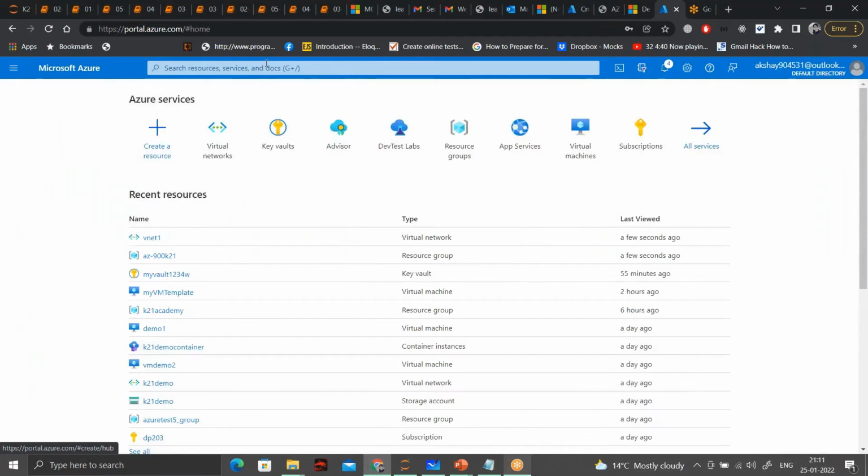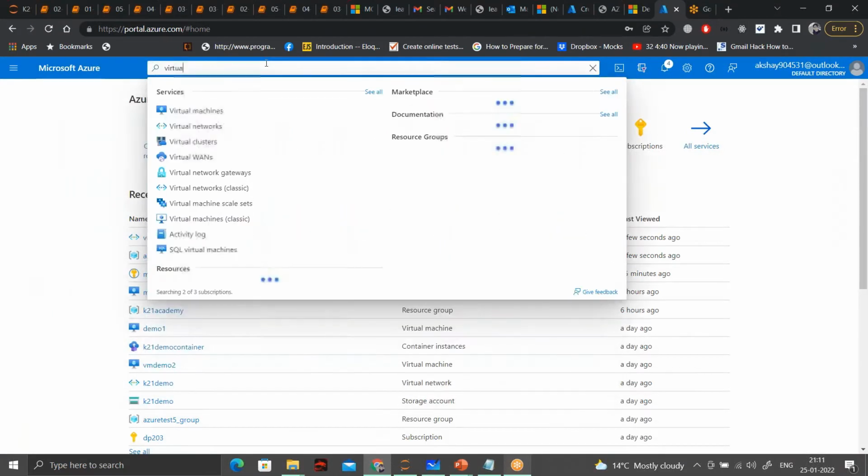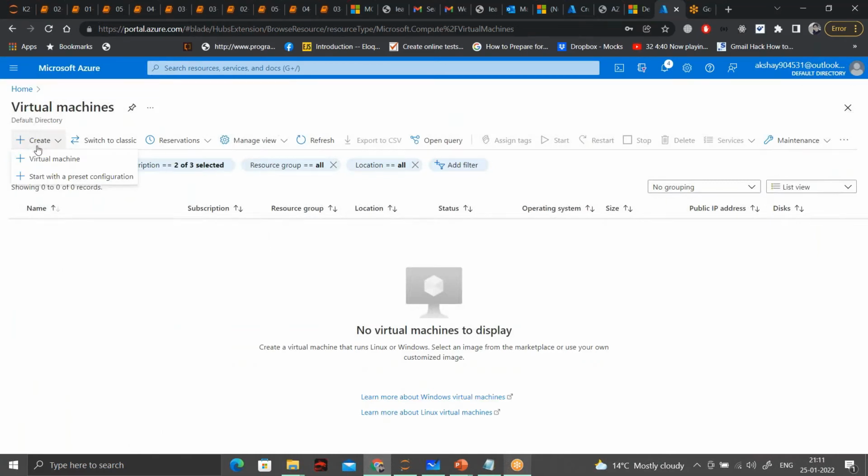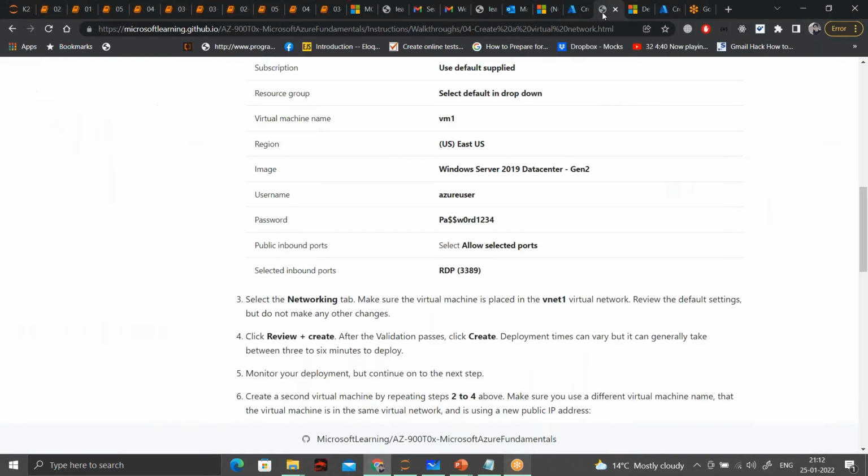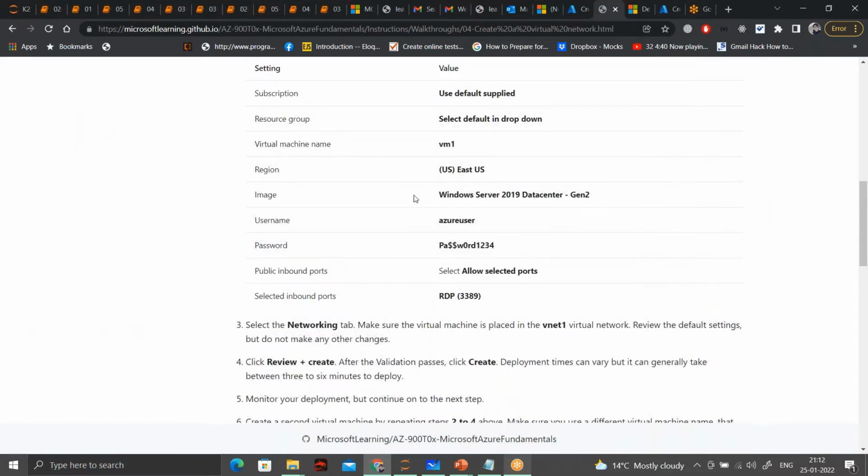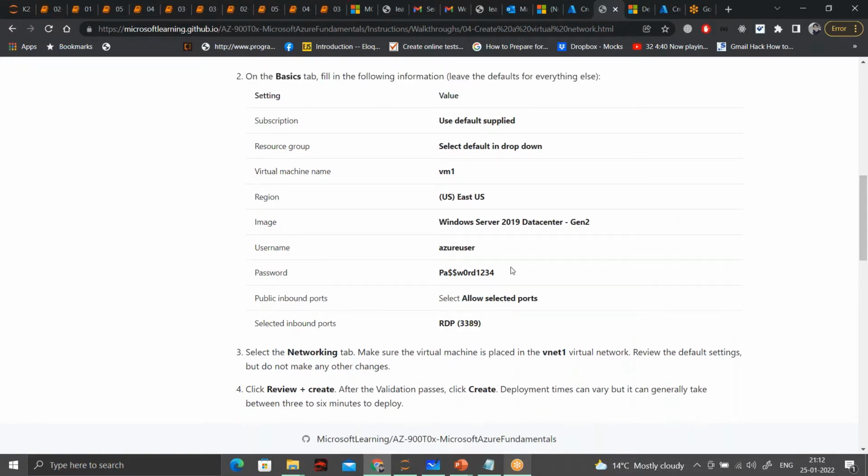After this, I'll be creating a virtual machine. You can have any sort of image that you want on the machine. Here they're using Windows Server 2019, so we'll use the same image, and this is the username and password that will be used for RDP login and other things.